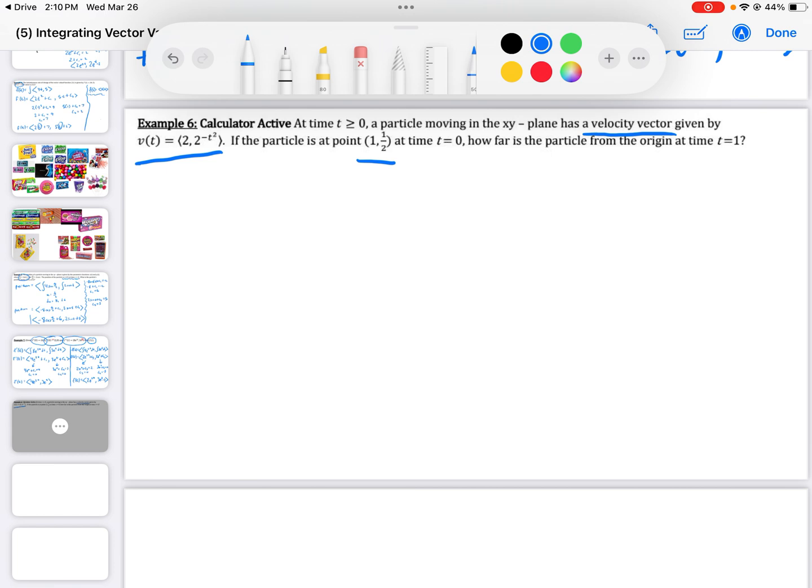So to find the position, I need to find the antiderivative of the velocity function. And I need to do that from 0 to 1, because I'm given its position. So this is like your fundamental theorem of calculus inside of a vector value function. So the integral from 0 to 1